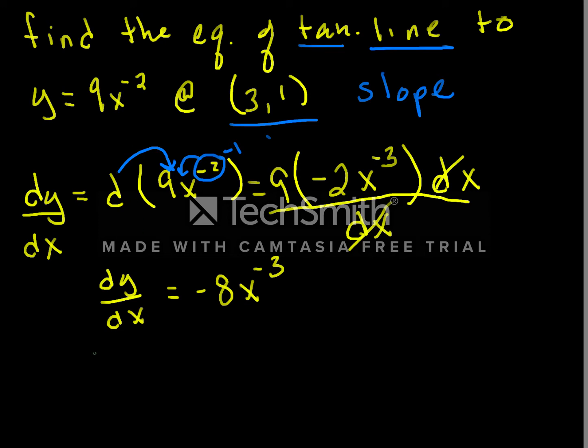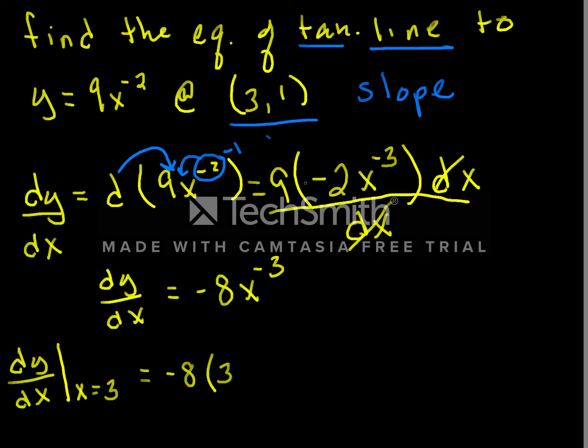I'm going to introduce a little notation here. For Leibniz notation, if I want to evaluate it at a point, I like to use this notation, x equals 3. This will be very helpful in the future, especially when we find derivatives with multiple variables, and it'll be key to tell us which variable we're plugging in. Anyways, dy dx evaluated at x equals 3 is equal to negative 8 times 3,